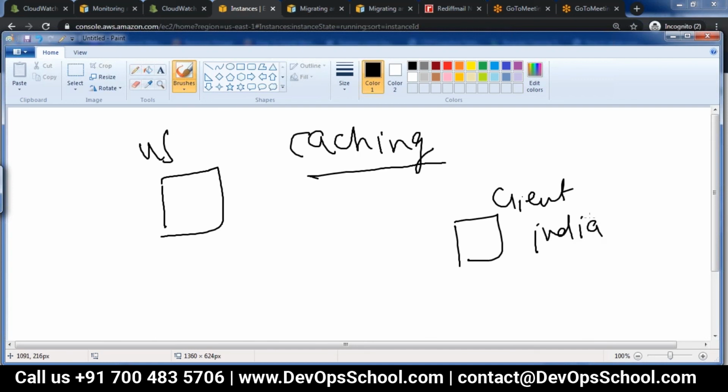Then there could be some amount of latency that will be introduced, and this latency is very much experienced by the users when they stream some videos or images.